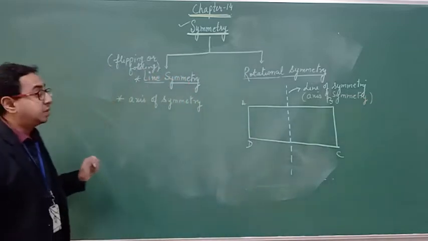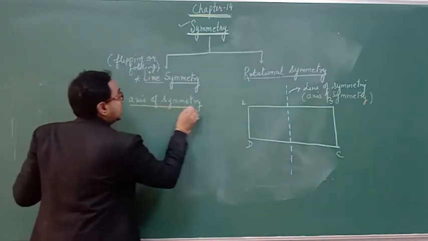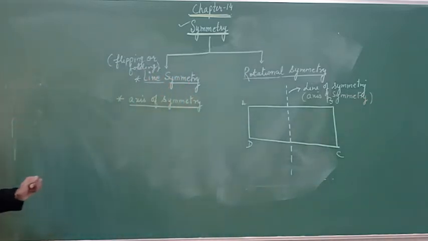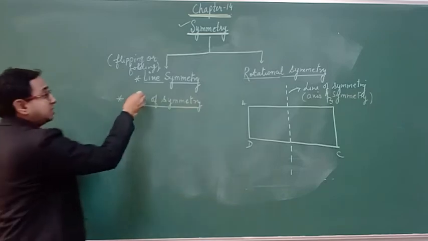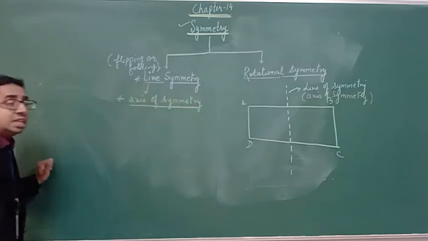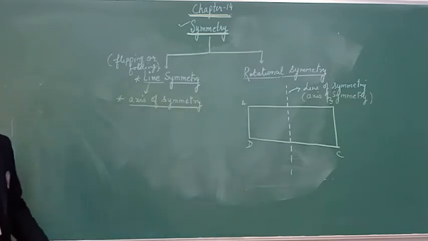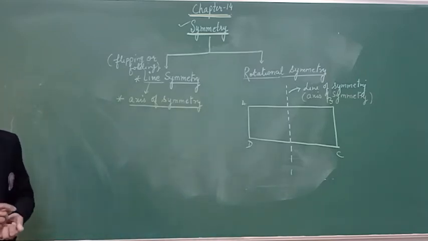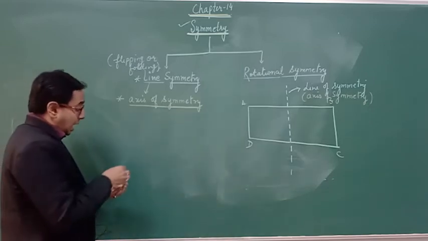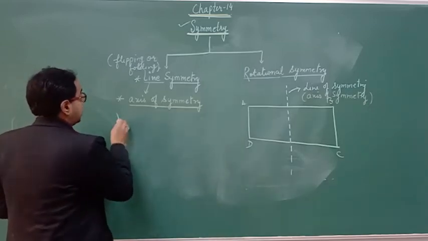Are we clear with this? So basically a line symmetry needs a line, and that line is known as line of symmetry or axis of symmetry. Now, another name of line symmetry is